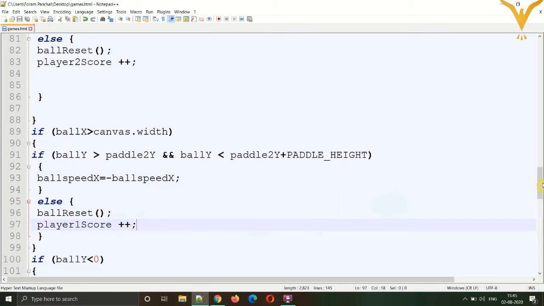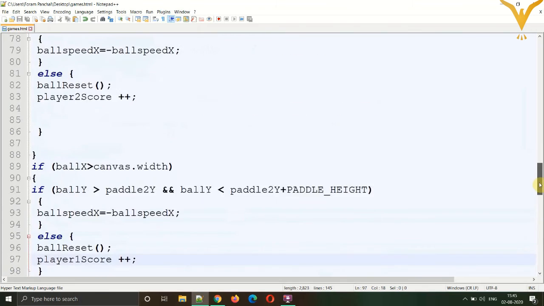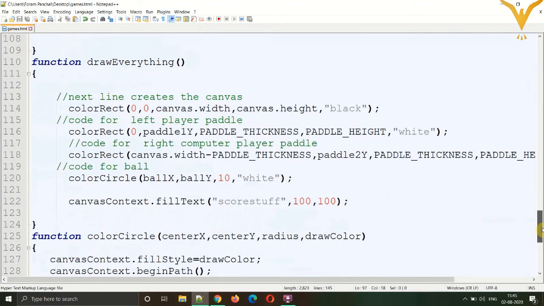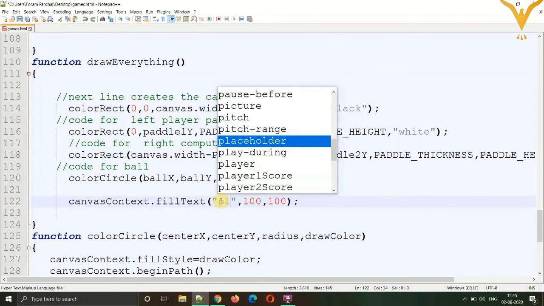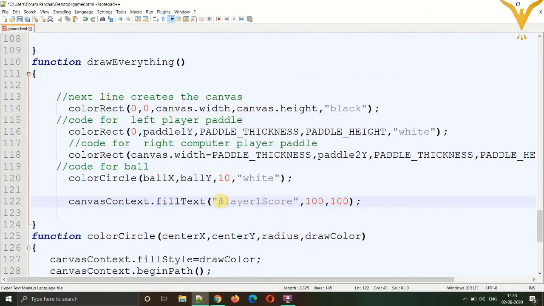Now we'll place the two variables which we created on the canvas. For that, inside the draw everything function, in the place of score stuff, we'll write player 1 score. Just remove the quotes because the quotes will print the word player 1 score, and without the quotes it will print the value of the variable.